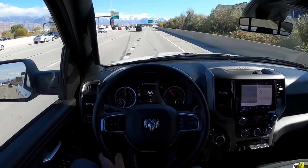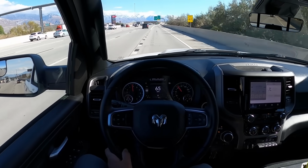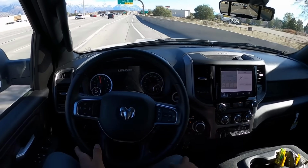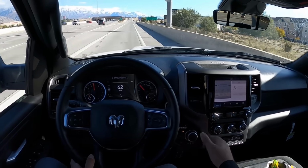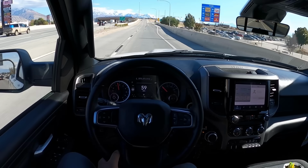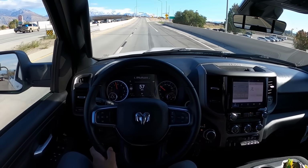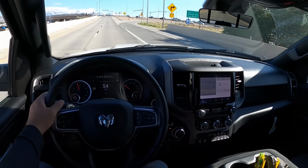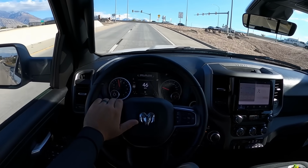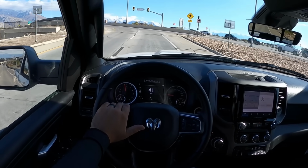But, yeah, it's got tons of power. It's comfortable. It's got the off-road capability. It's got tons of USB ports and outlets down below too. It has everything that you want, and it's less than 60 grand MSRP. I don't know. I think it sounds very, very appealing to me in terms of a value